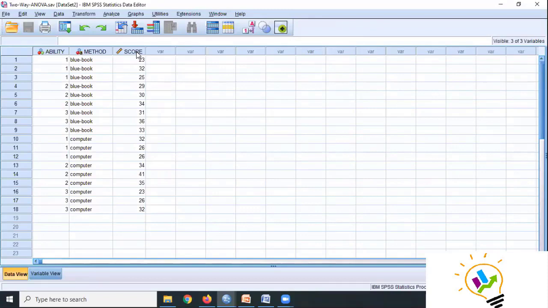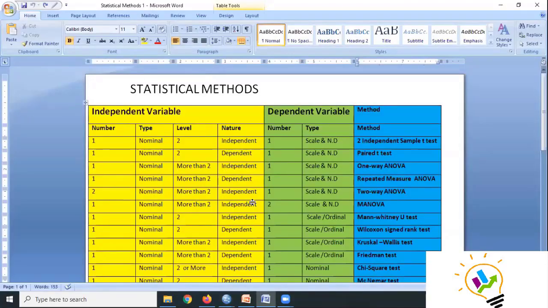We'll be talking about interaction here. As we go on increasing the test, the complexity increases, because we are going on adding. First I said one sample t-test, where we have only one variable. But as the number of variables goes on increasing, the complexity of the data goes on increasing. So in two-way ANOVA, we will have 2 independent variables and only one dependent variable.